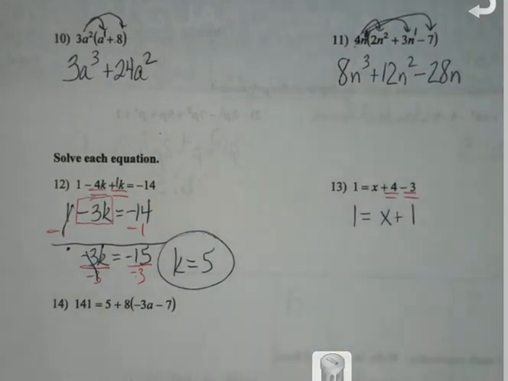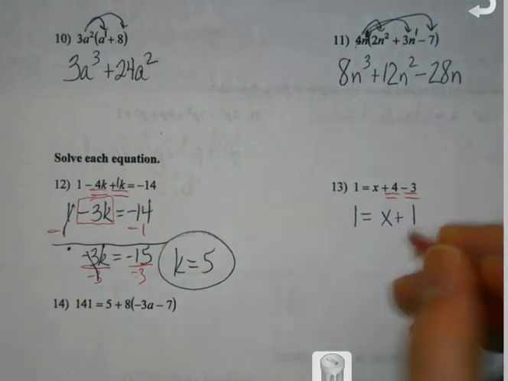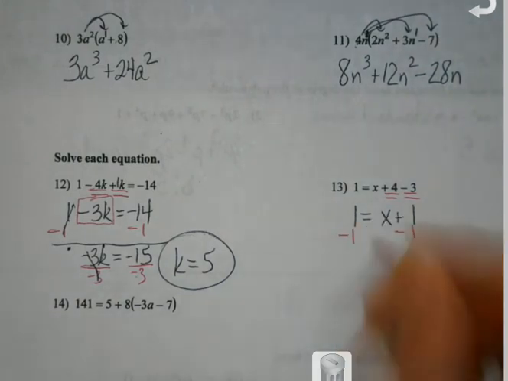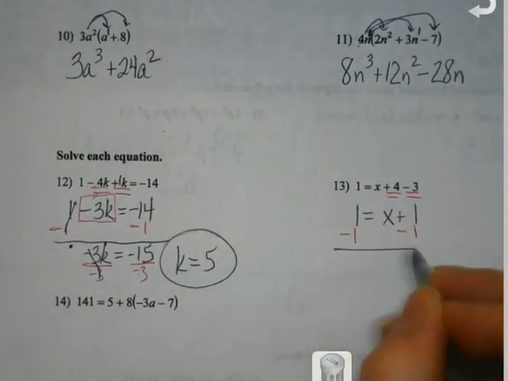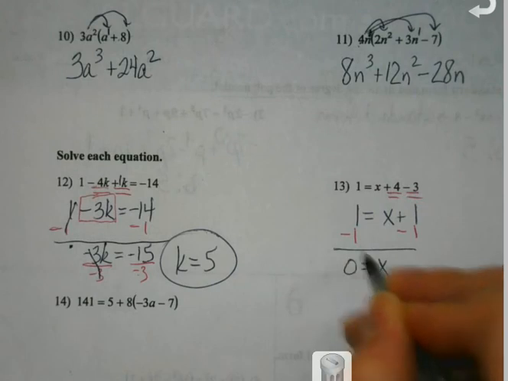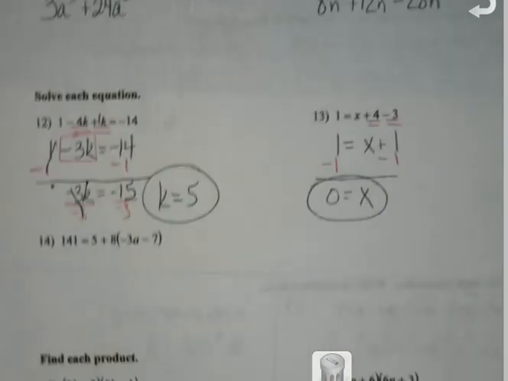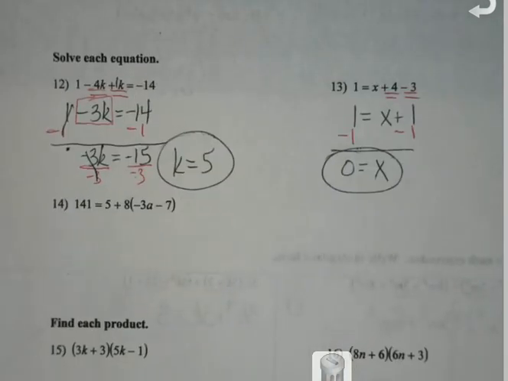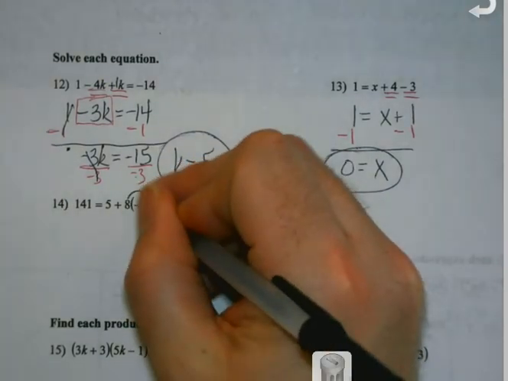Combine my like terms. Go ahead and minus my 1 and get 0. It's not undefined, it's not impossible, it's just 0. And then finally,